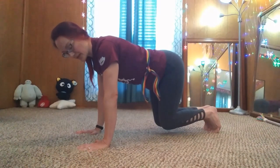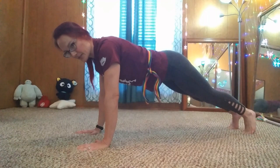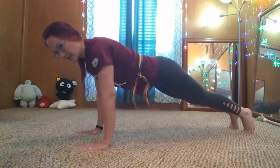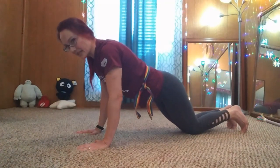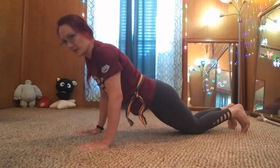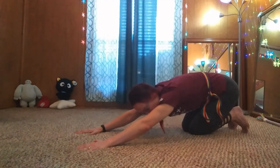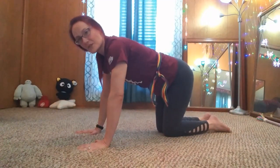Exhale, lift the knees to a hover. Inhale, step it back to that plank, switching directions each time. Exhale forward. Inhale back. Exhale, drop the knees. Inhale, lower to your push-up. Exhale, pushing up. I think I may switch the breathing, but it's fine because Pilates is breathing. We'll exhale, take it back to that child's pose, and inhale, drag the knees back in to that start position